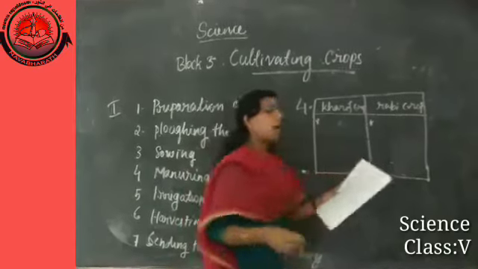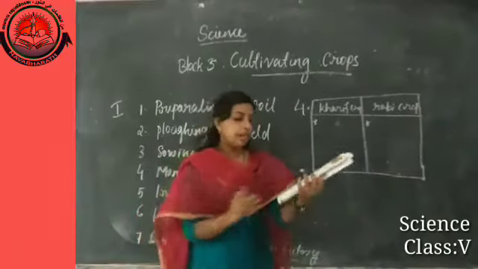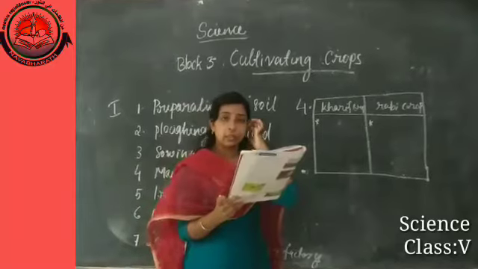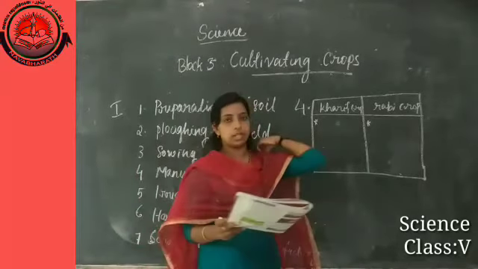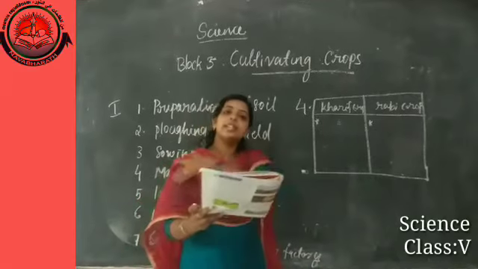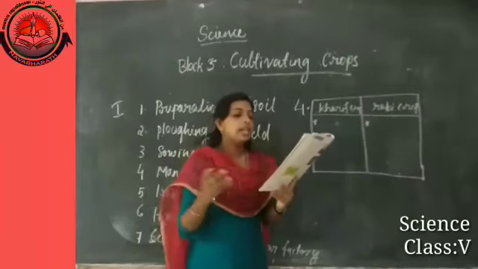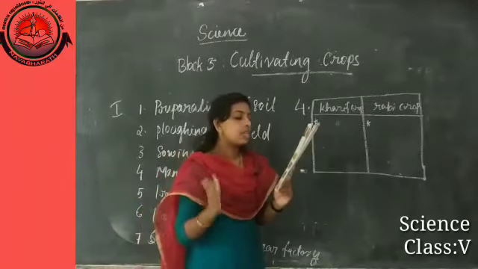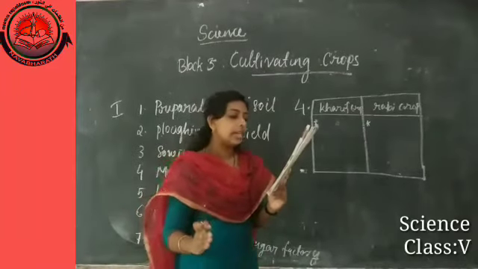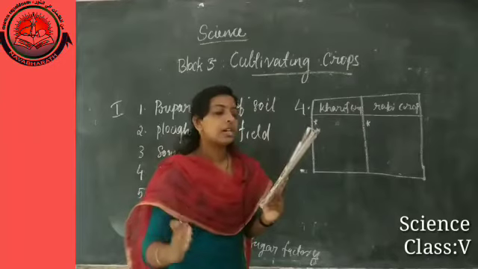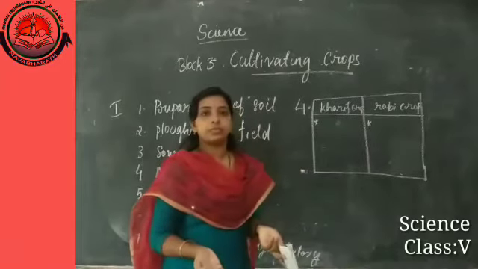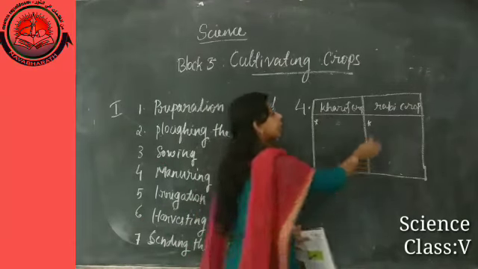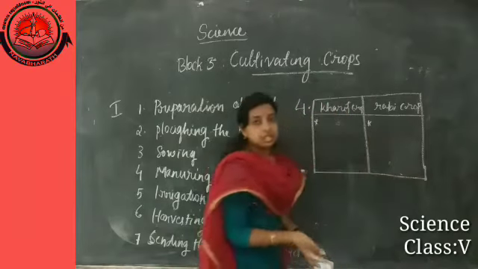For the first difference, take page number 15, where we can find both the Kharif and Rabi cases. First you can write its definition. For Kharif crops you can write from the first sentence onwards: the crops which are sown in the rainy season and harvested in winter are called Kharif crops. Or you can write the crops sown in the rainy season. Here, crops sown in the winter season.